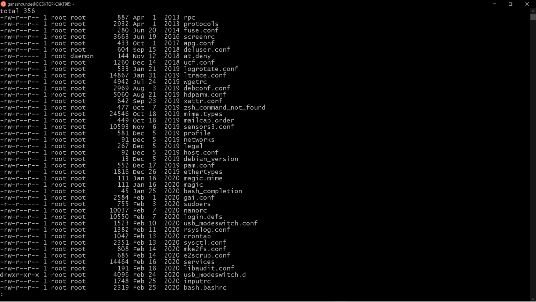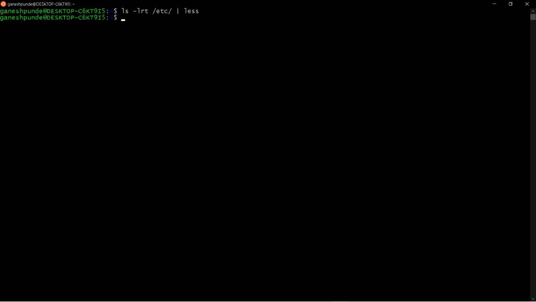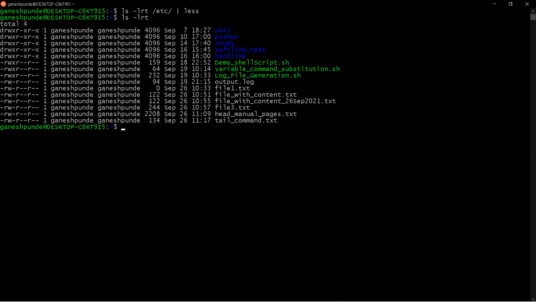So by using less, there is a luxury of navigating a file in both directions, that is the forward direction and the backward direction, that is down or back. And if you want to come out of the viewing mode, you always press Q. So in both commands you have the same option, Q. You can use the Q option and you come out of the viewing mode, right?